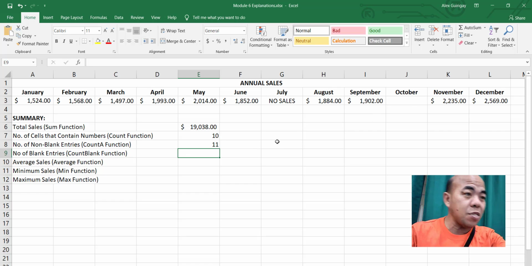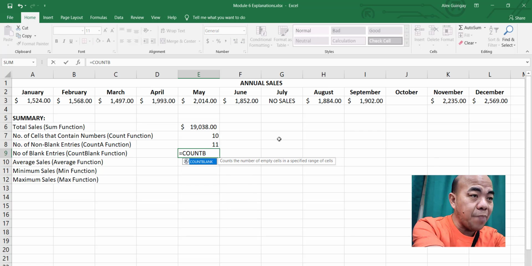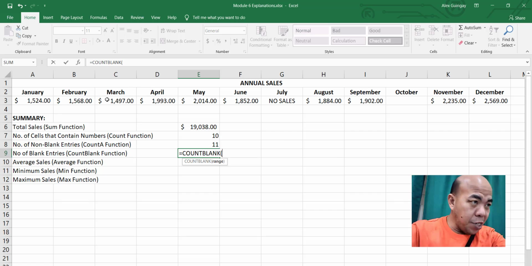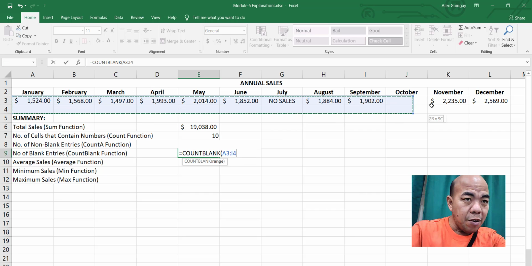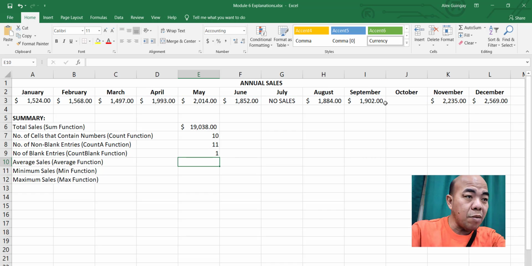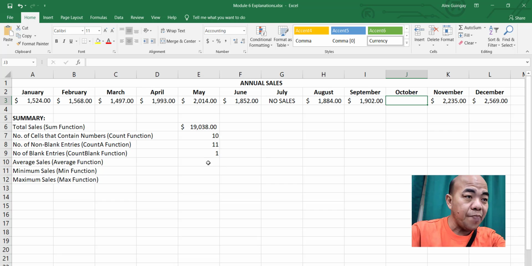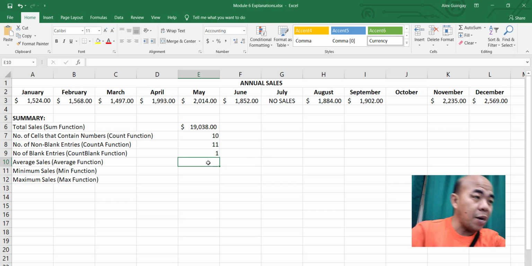So it will give us only one. All you have to do is press equals, then type COUNTBLANK, then the range here again, down to December. Then we can expect that it will give us one because there is only one cell that doesn't have any data at all, blank.